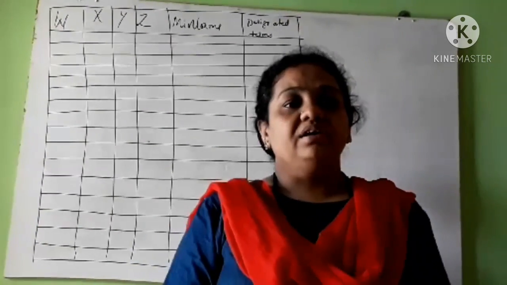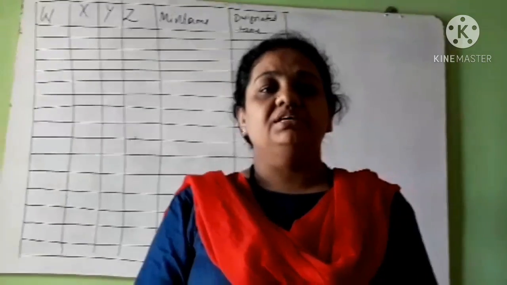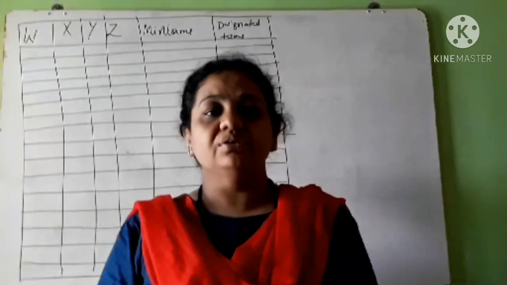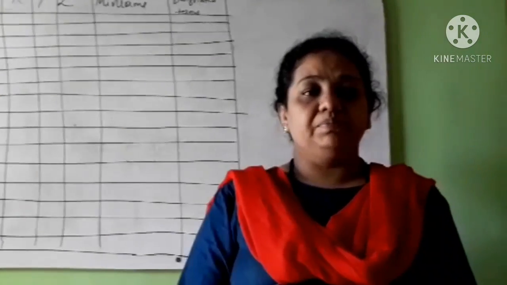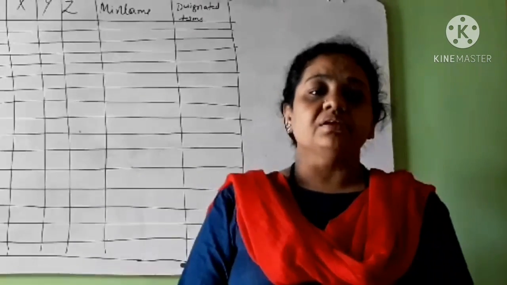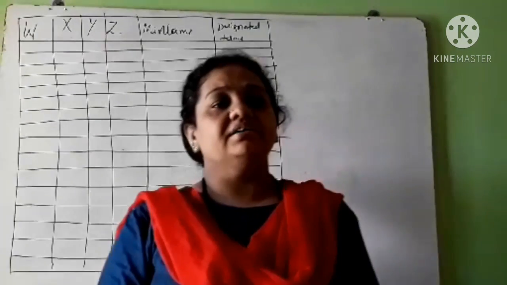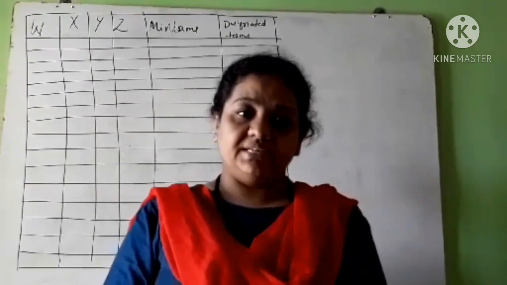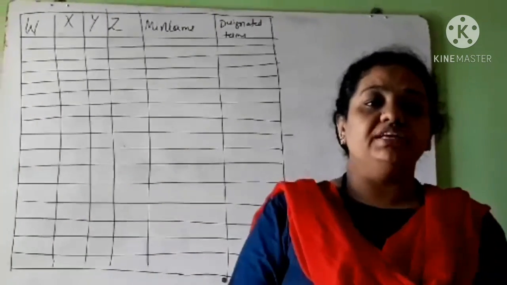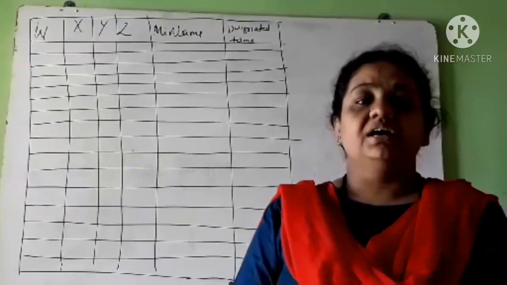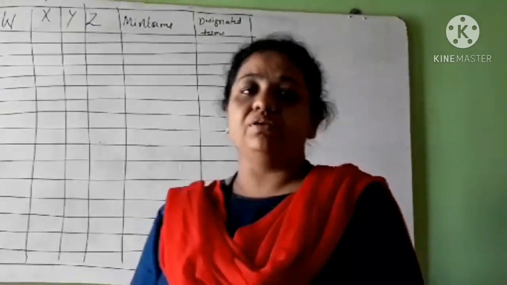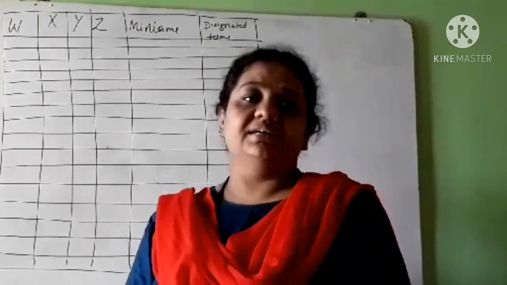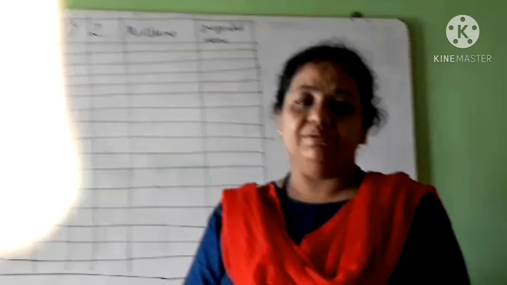If a variable represents 0, it is represented with the variable's complement, that is, if x is equal to 0, we represent it as x bar. If x is equal to 1, we represent it with x. Last class I explained how we can construct a truth table for 2 variables and 3 variables. Let's get started and learn to write a truth table of minterms and designated terms for 4 variables.